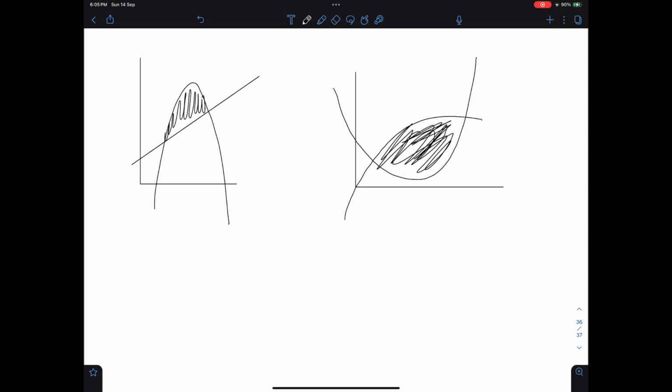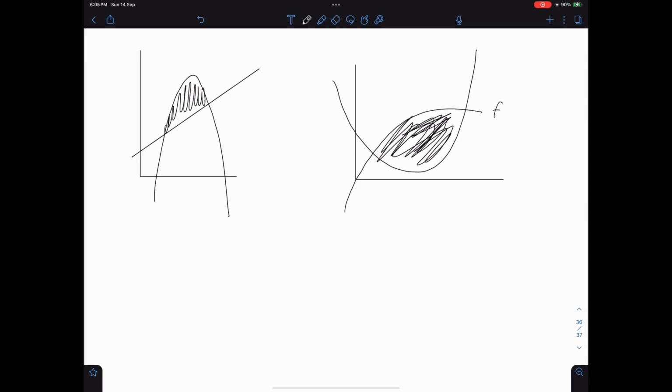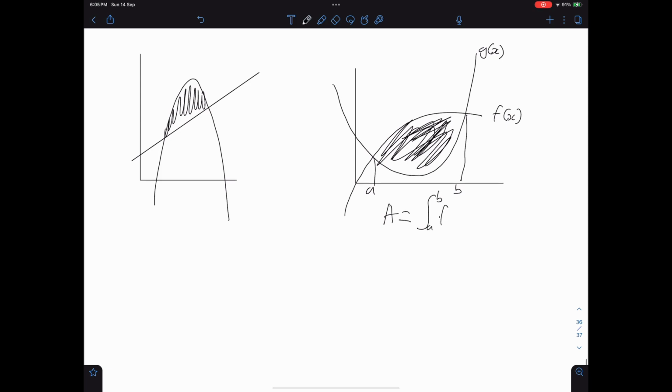Basically, if you call this f of x, and this is g of x, the area is just equal to, let's call this A and B, A to B, we do the one above minus the one below. Which, by the way, is also equal to